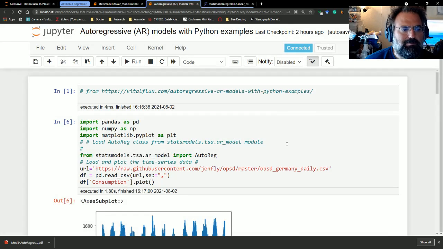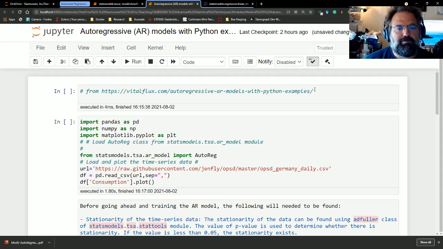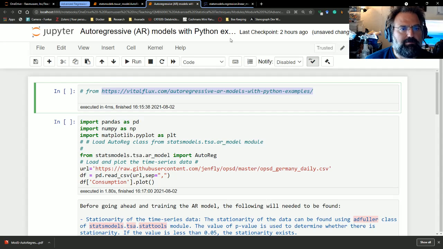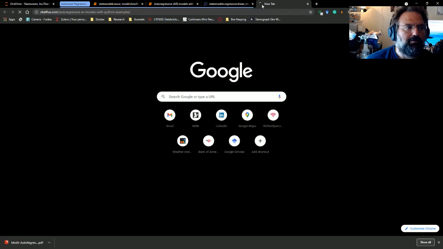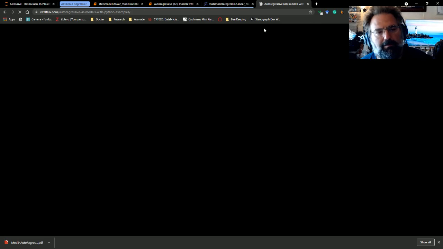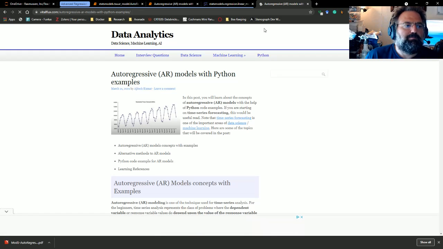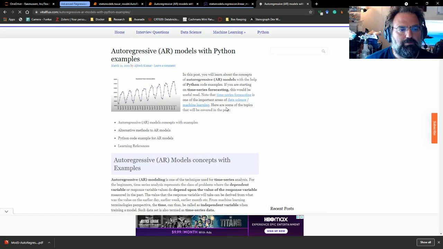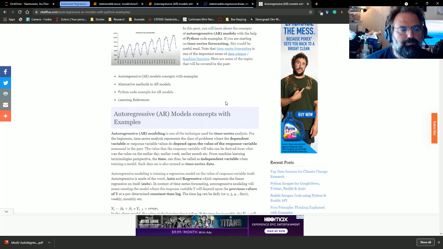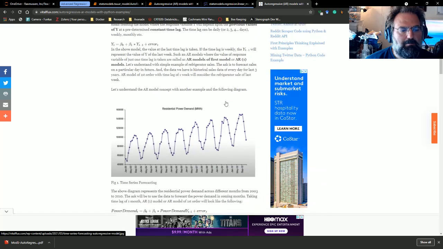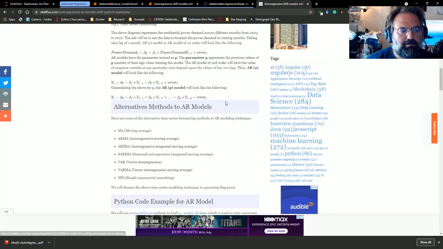So go ahead and restart the kernel and run again. This is based, and I'm not taking credit, this is this guy's work. I just got it into a notebook so that we could look at it. Pretty good article, autoregressive AR models with Python examples. And this goes into what autoregressive models really are, and in particular, the use of the AR model in the